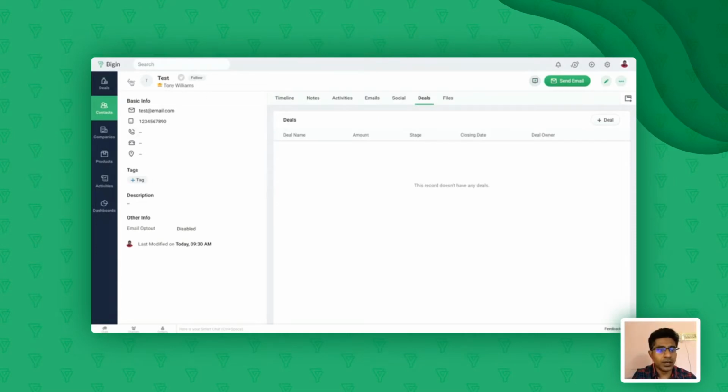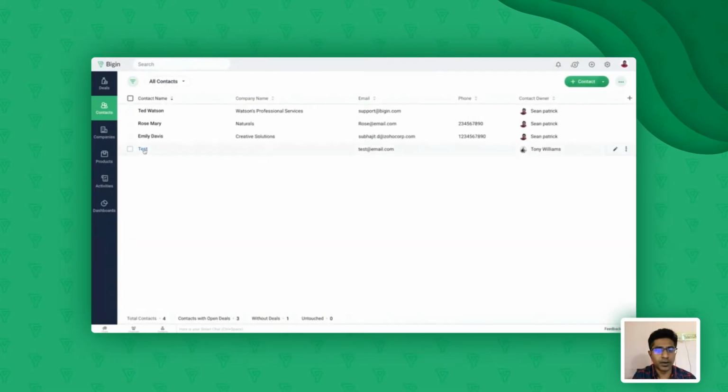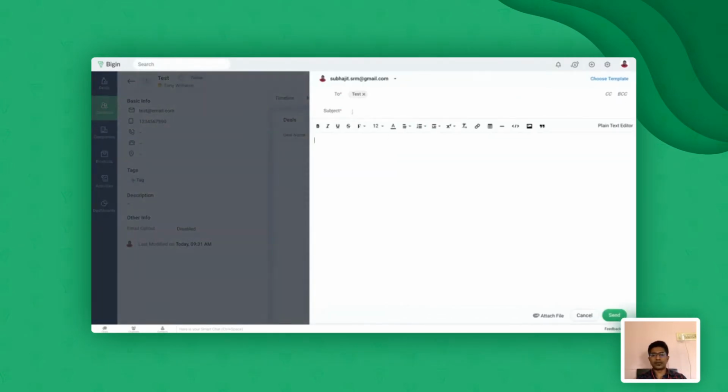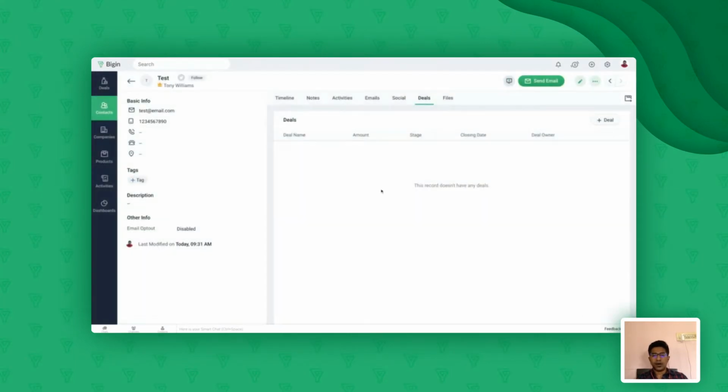Now, once we create a contact here, obviously you would try to contact that contact. You would try to either send an email or do a phone call, right? So sending an email is also super easy. You just need to click on this send email, and you can just mention the subject and send an email right from here itself. All the email interactions that you would have with a contact would be listed here under the emails tab. So the history of your emails will actually be tracked here under the emails related list in the contact module.